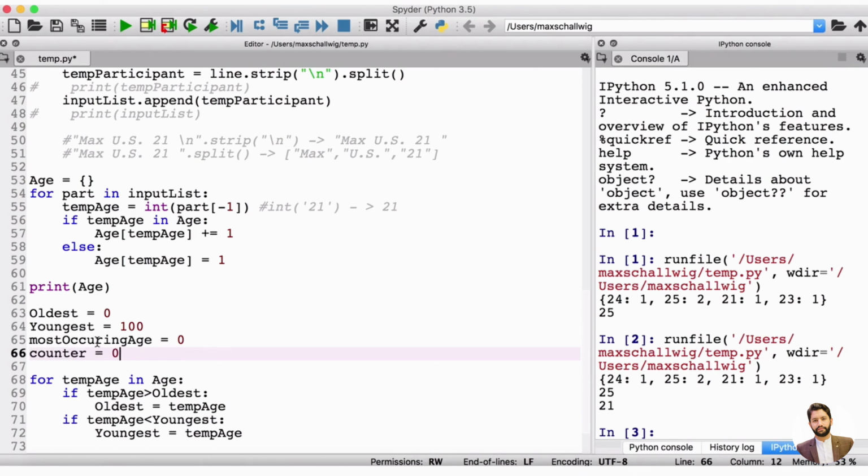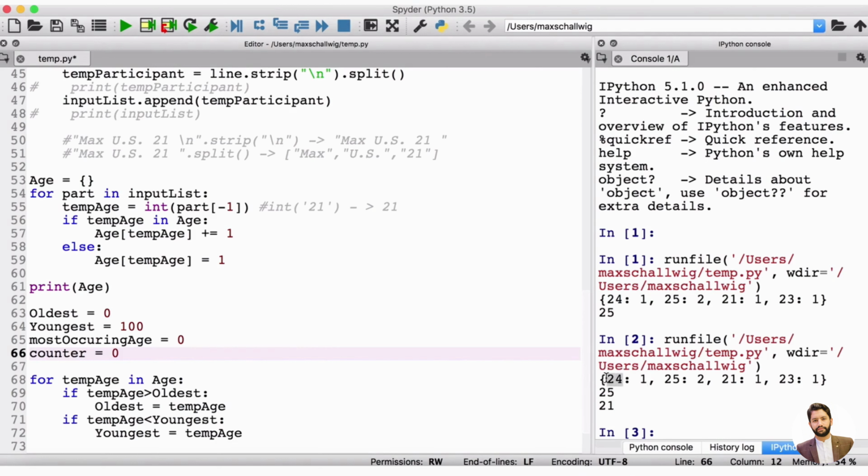And what this counter is going to do is count how many times each age occurred, or rather, it's going to be equal to this value here. So what we're going to do essentially is look at each of these values and make the counter be equal to this value. And for the biggest value that the counter has, the most occurring age is going to have it correspondingly. So if we go through this dictionary, the counter is going to take on the value 1 first, and because 1 is bigger than 0,